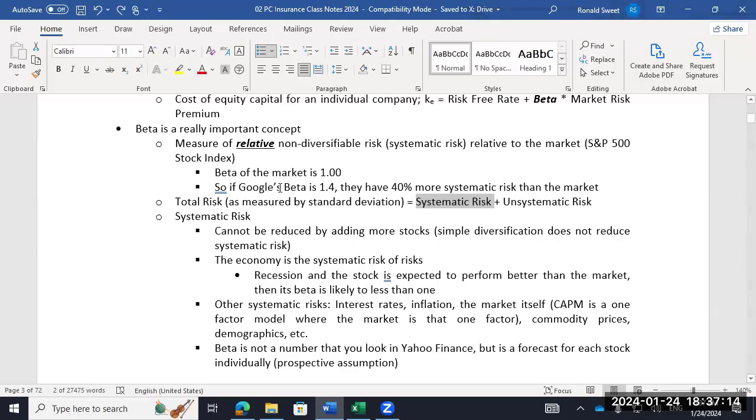All right. So total risk, remember, standard deviation measures total risk. Systematic risks are the risks the company has that are exposed to the economy. Unsystematic, or company-specific. Now, some of y'all have had my classes before. Y'all remember for a typical stock, what percentage of the risk is systematic? What percentage is unsystematic? Can you remember from last semester?